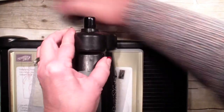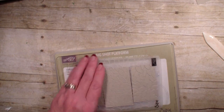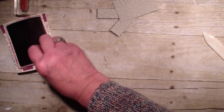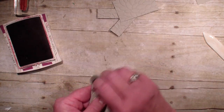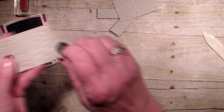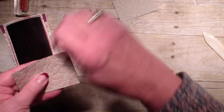And then I'm going to bring my Rich Razzleberry. I'm going to run those through. Going to bring in my Rich Razzleberry and a dauber, and I am going to daub and rub, so it's just going to highlight that embossing folder. So just by taking that dauber, just giving some character